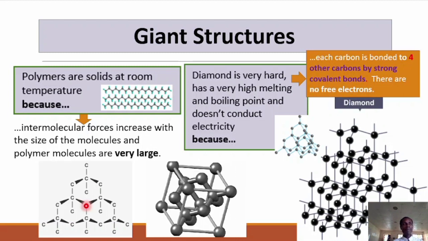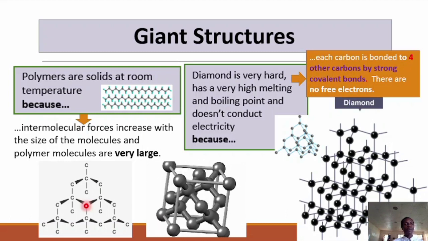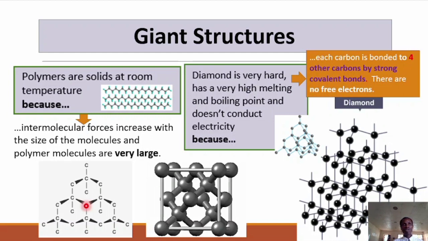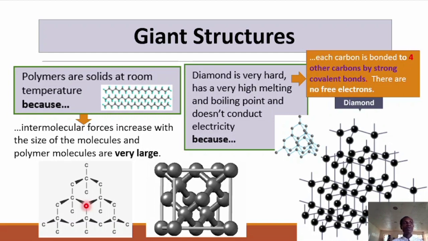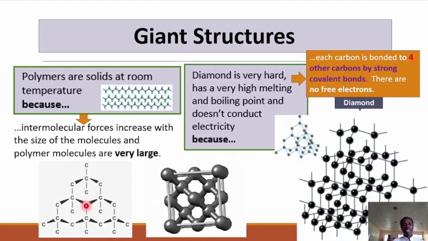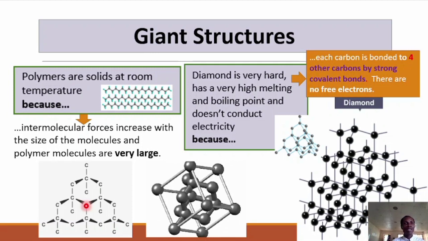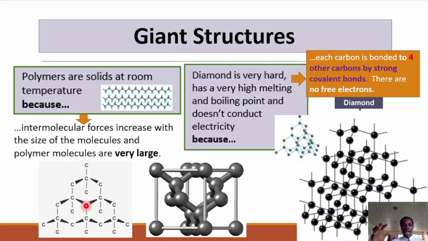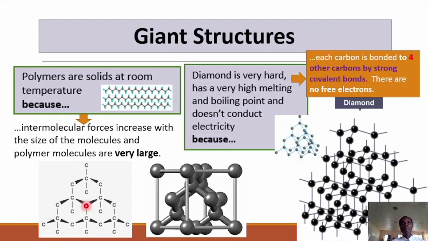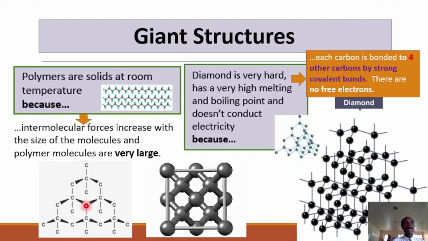Carbon atom has 4 electrons in its outermost shell. You can see now, diamond uses all these 4 electrons in its outermost shell to form bonds with neighboring carbon atoms. Therefore, diamond will never conduct electricity. Why? Because there is no free electron left. It has used all its 4 electrons in its outermost shell to form bonds with the neighboring carbon atoms. So this is why diamond does not conduct electricity, and it's also the reason why diamond is hard,